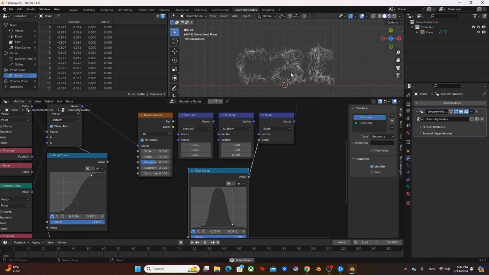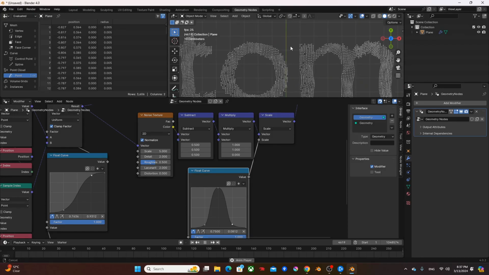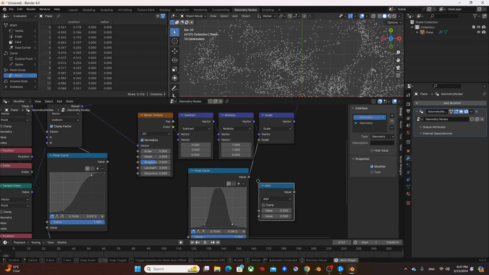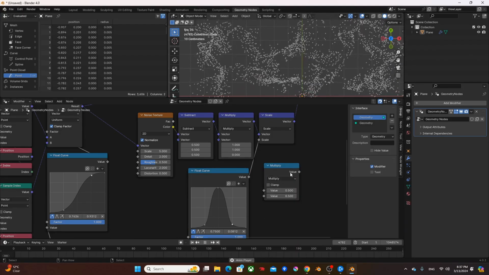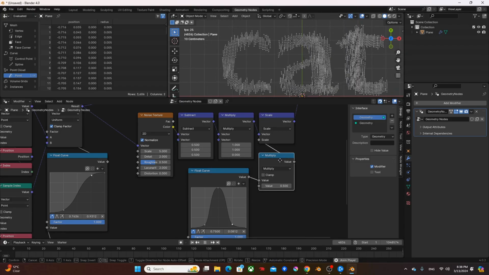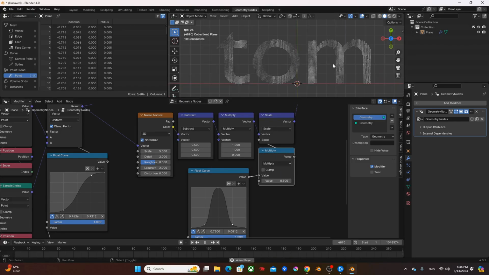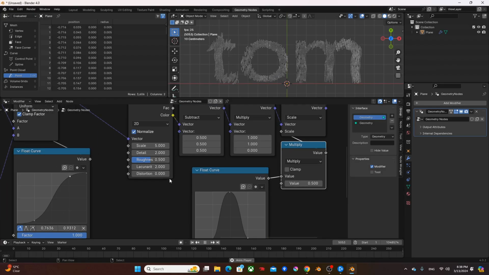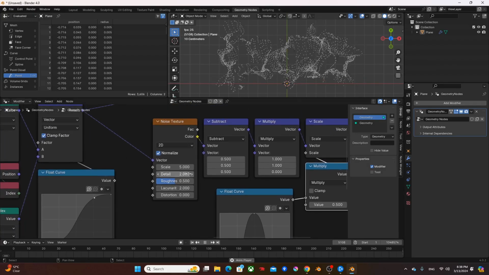And now what you see is that between the letters, while it's transitioning, it has a noise on it, and it looks like it's doing a little bit more interesting stuff. While I'm at it, I'm going to add a math node, change it to multiply, put it in here as a basic noise volume control. 0.5 seems good, and depending on what kind of noise texture you put on here, the look is going to